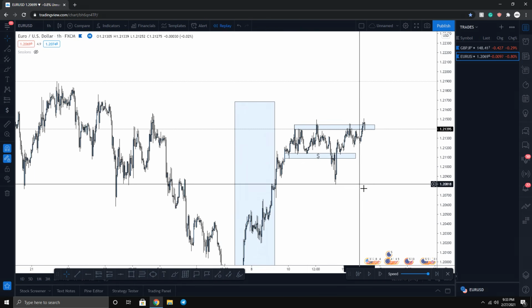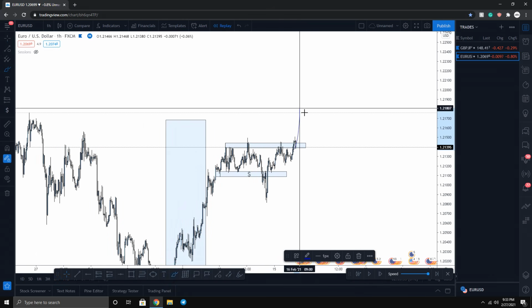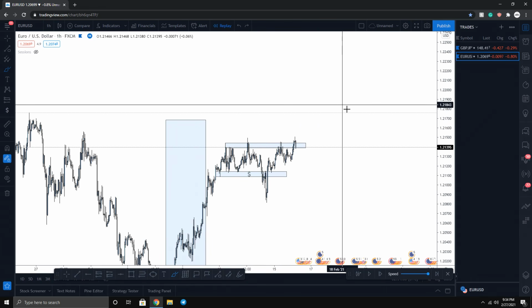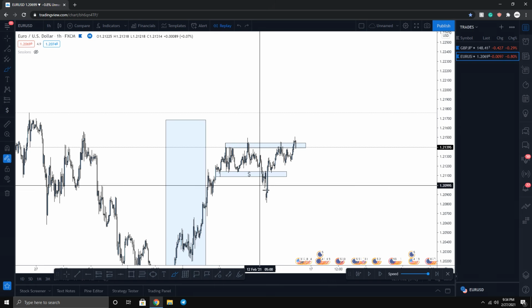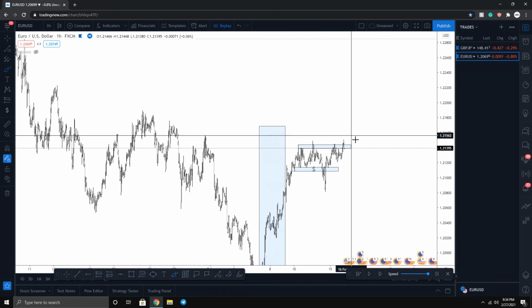Now, like I said before, when the market creates liquidity like this and takes it out, it can do two things. It can either come up like this and sell off, or it can just go up and completely start going up. So now we have a checklist. We know that the buyers are stopped out and now the sellers are stopped out. What's left? All that's left is for the market to expand towards the downside or the upside.